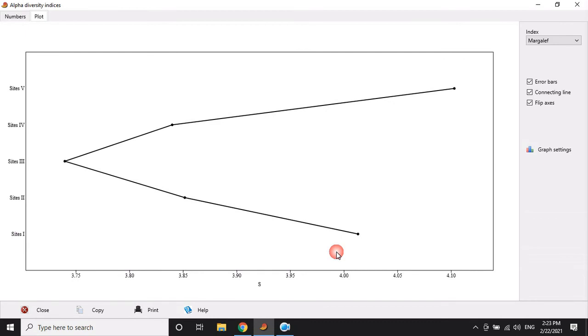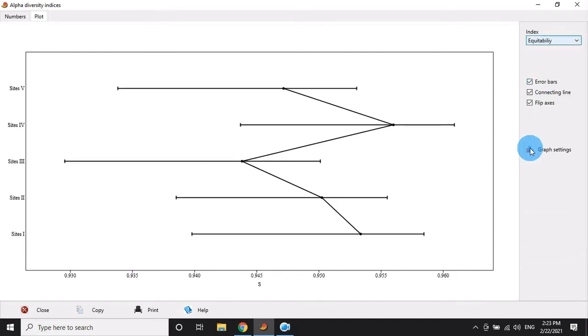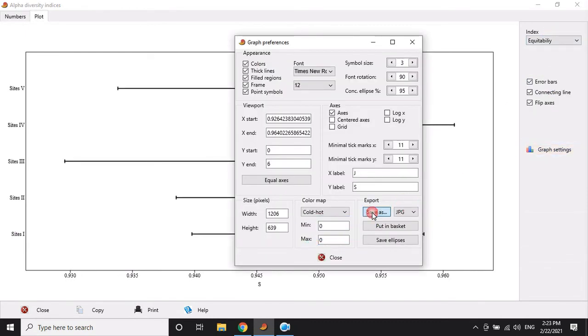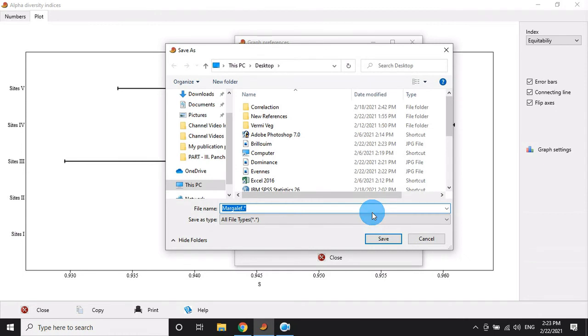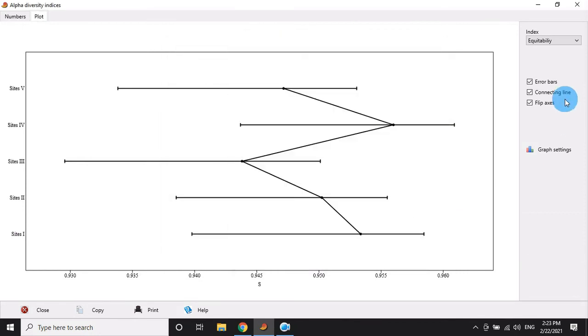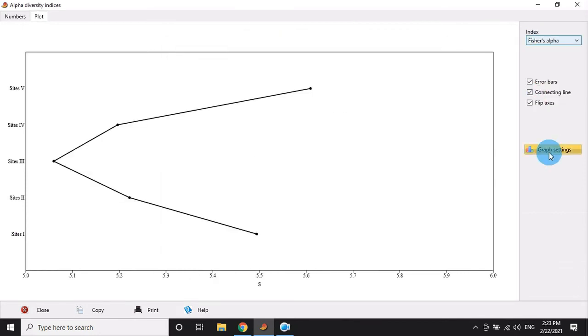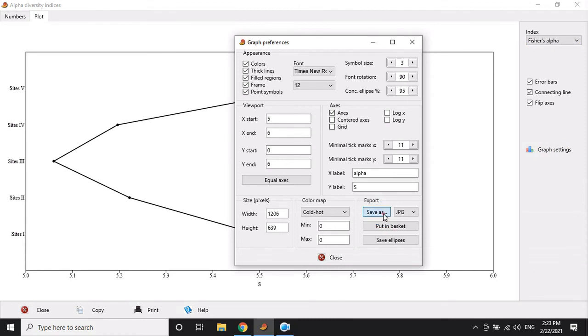Close it, and the next one. Save, close, and the next one. Graph settings, export the graph.